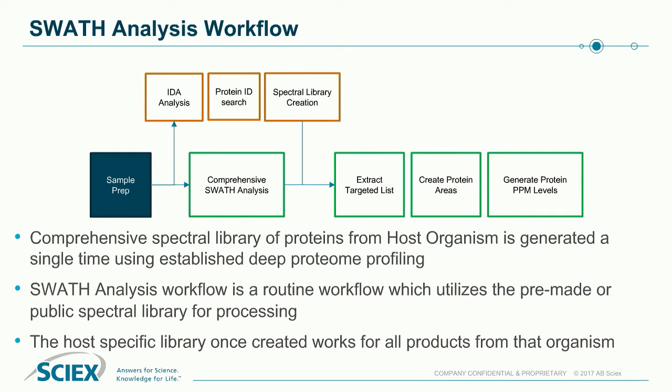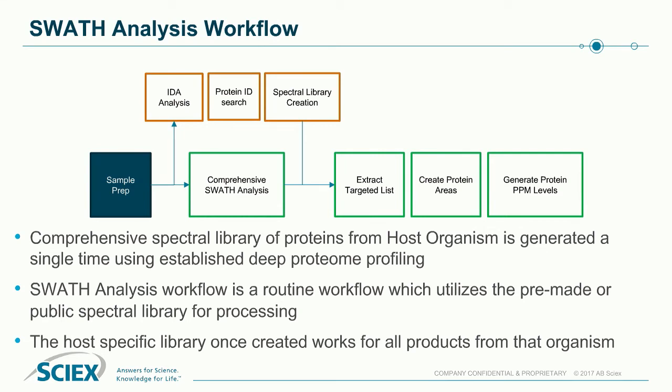In general, what many users who are using SWATH will do is take a stock sample and do exhaustive analysis on this to identify as many proteins and peptides as possible within that sample. This is shown in the top part of this block diagram here. It uses our IDA analysis, followed by protein identification searching, and then this step of spectral library creation. This can be single-dimensional chromatography or multi-dimensional chromatography. As I'll describe from BTI, we use many dimensions to get here.